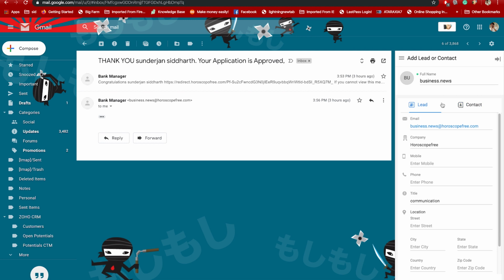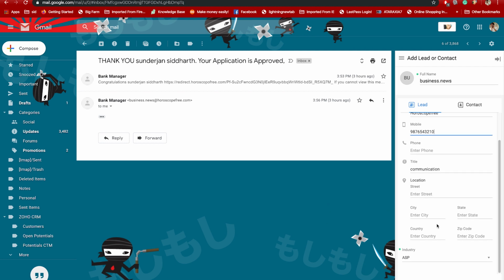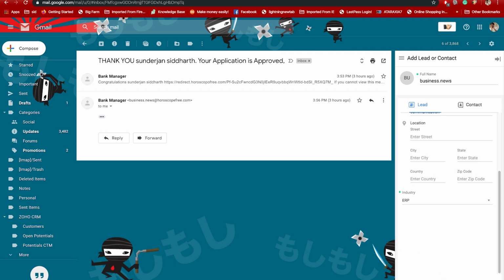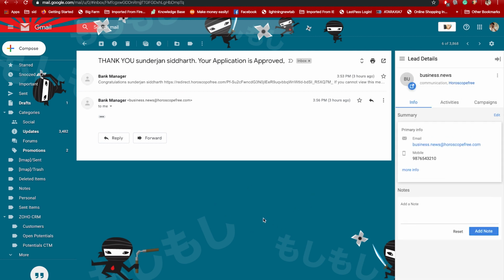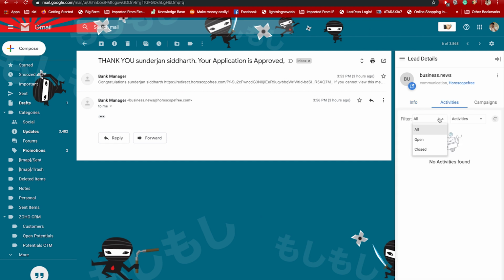And there you have it. To add this as a lead, all you have to do is go to this panel, add your details. And it has been successfully added. You can view all your closed or open activities, your tasks here.